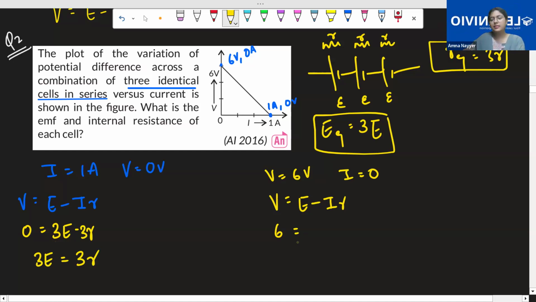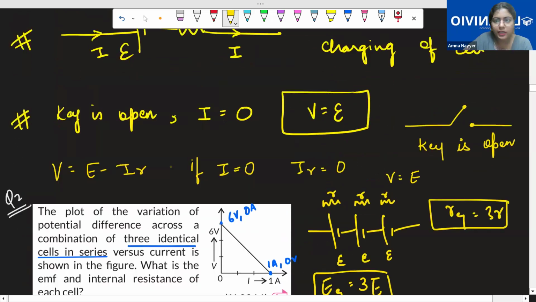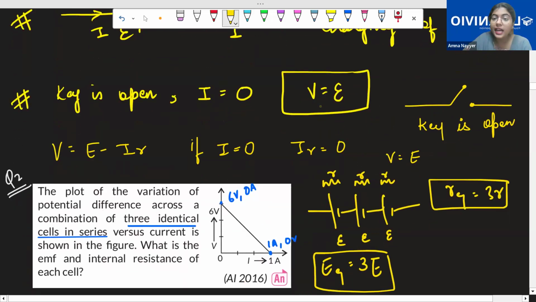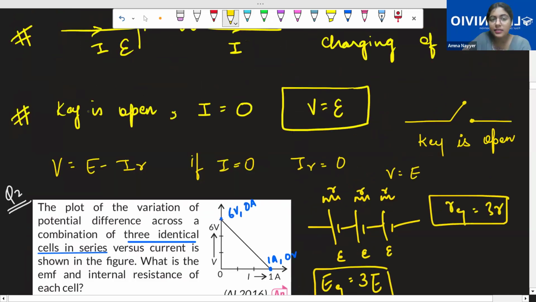Now, if I write 6 volt for voltage here, and E is 3E from here, this whole term will be 0 because current is 0. So what is EMF? EMF is equal to 2 volt. And resistance is also equal to 2. This is how we have calculated. Okay, got it. Now coming to this point. If I is 0 and V has a value, this part, this means that key is open. Current is 0 and voltage is equal to